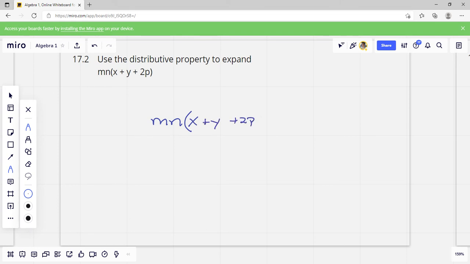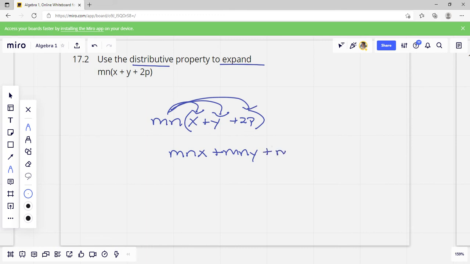Whenever you see the words distributive property or expand, that means we're just going to be multiplying from here to here. So mn times x would be mnx. Then we're going to rainbow over to here. So now I need to do mn times y, which would be mny. And then the last one is times 2p, which would be